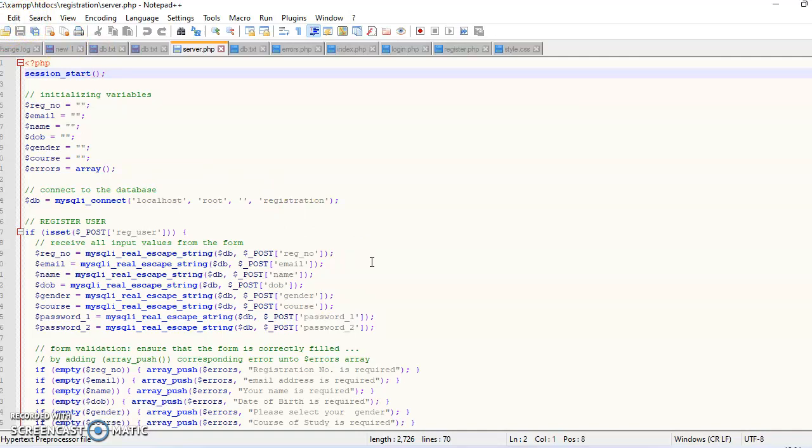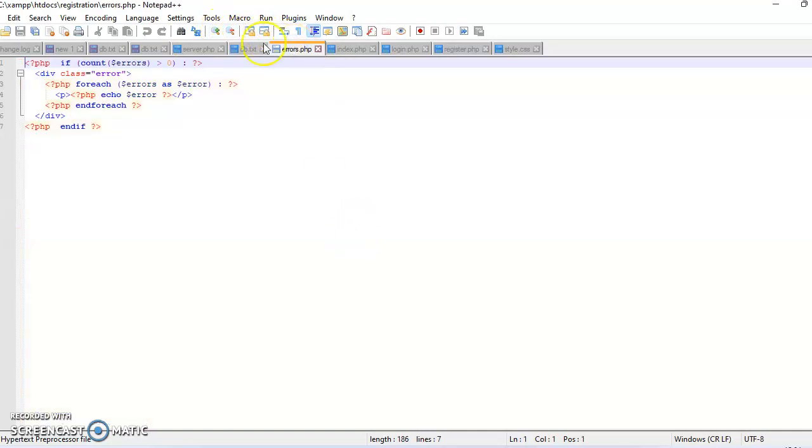So whenever this code is going to help us not to go through the errors, to tell us if we've made an error somewhere, to enable us to track the errors made in the system.